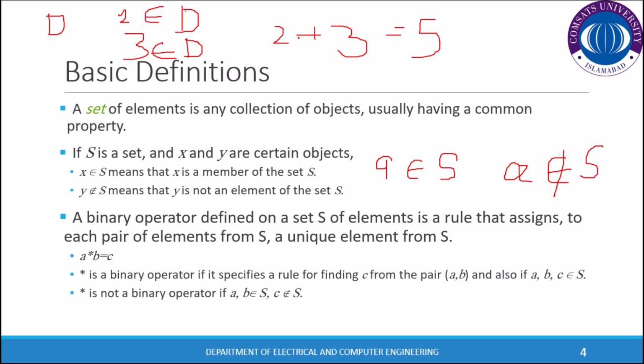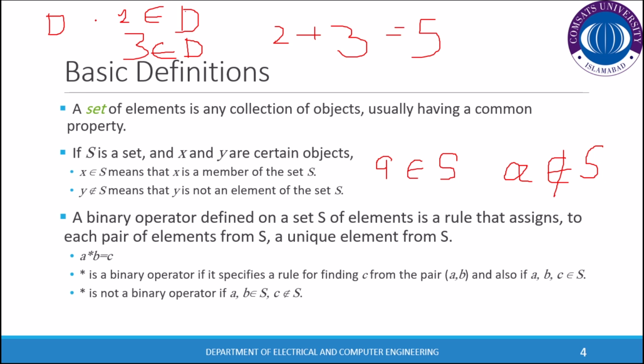When I say it's a unique number, it means that whenever we have an operator, which we all know is a plus sign, when we add 2 plus 3, it always gives 5. We can't have any other element here, like 2 plus 3 cannot be 6. So an operator defines a relationship or assigns a rule to two elements which belong to S and gives a unique element from S.